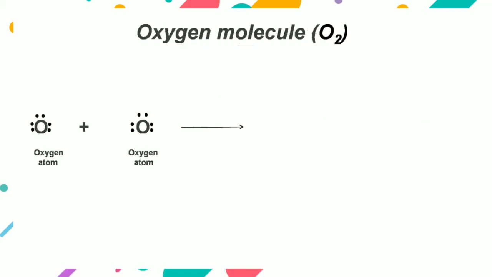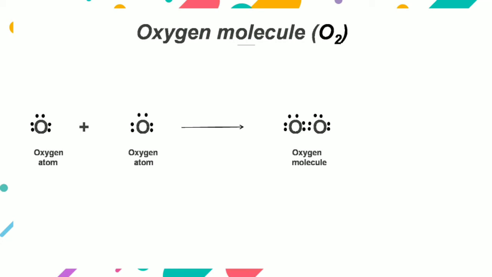The formula of oxygen is O2, means one molecule is made up of 2 oxygen atoms. The atomic number of oxygen is 8, so its electronic configuration is 2, 6. As the valence shell of oxygen contains 6 electrons, so it requires 2 more electrons to complete its octet. Hence, it shares 2 electrons with another oxygen atom. As each oxygen atom shares 2 electrons, means total 4 electrons are shared between 2 atoms. Therefore, we will put 4 dots in the area between 2 oxygen atoms.